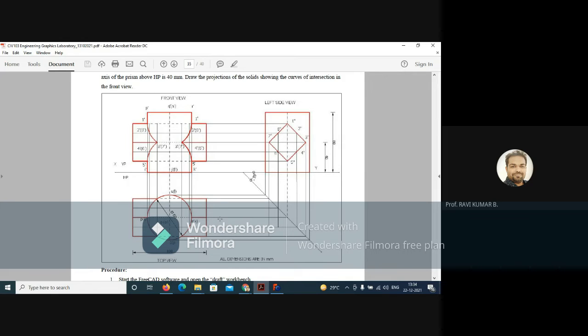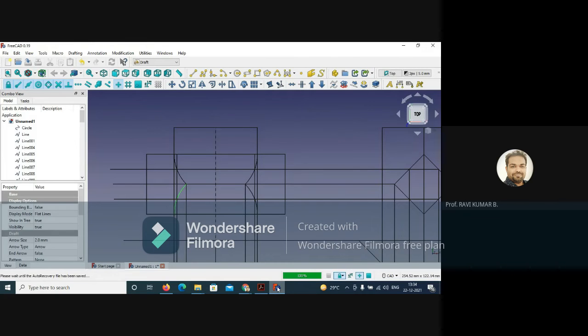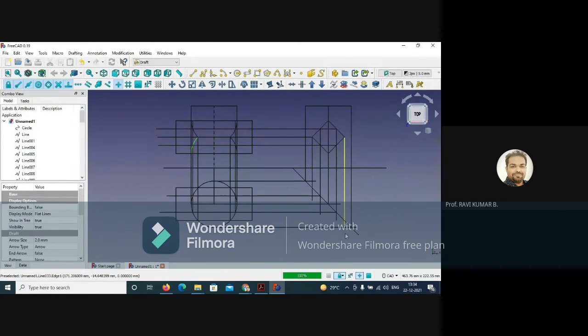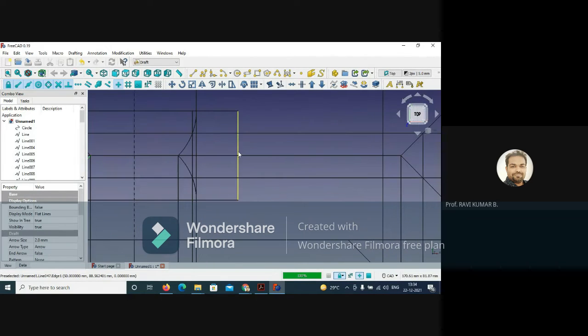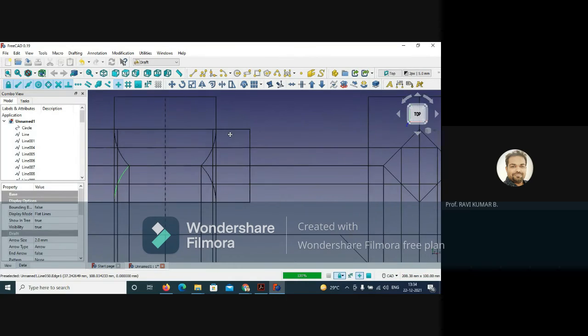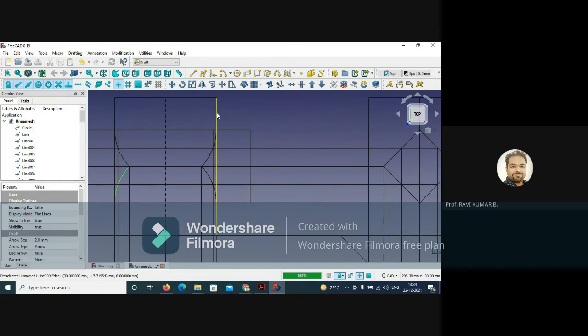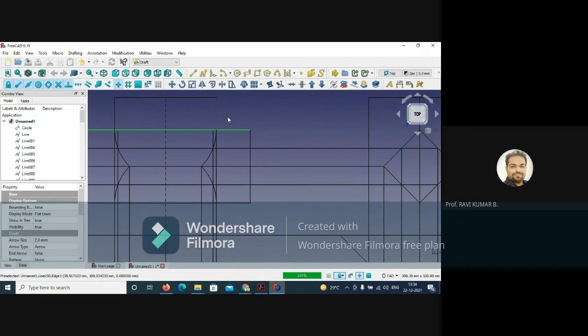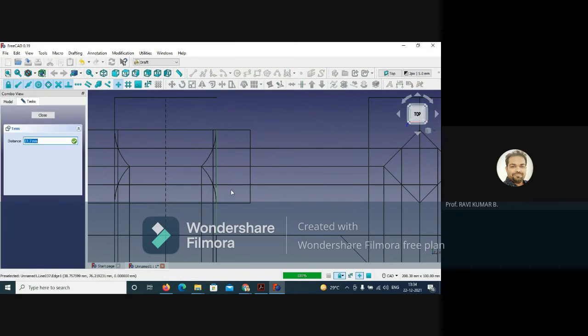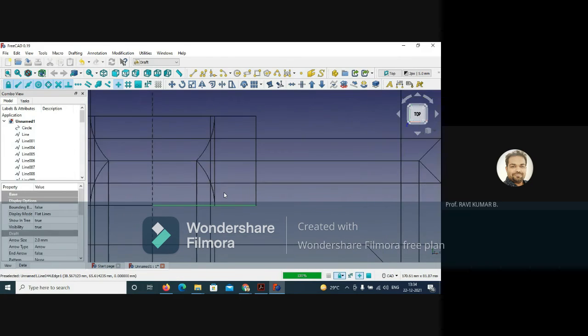So all this modification will take some time. Now the diagram is completed, only modification is pending. Look at here, the diagram is completed, only modification is pending. Let's do the modification now. What we need to do is use the extend command. Just take this and extend only up to this. So this line you are getting, again you take this and use extend up to this line.